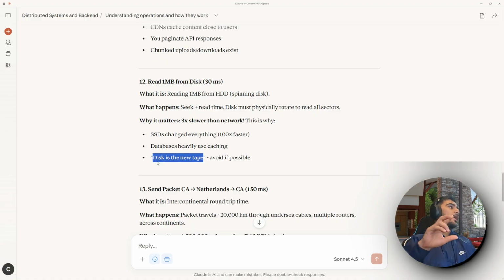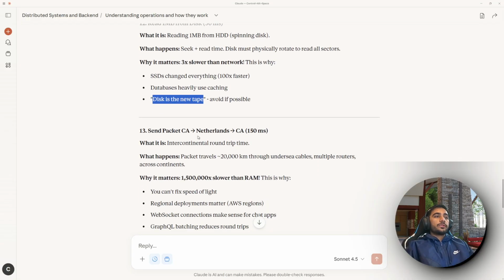You used to write on the tape, and then you would have devices that would read from them, and it was a cumbersome process. So writing any data to the disk is the new tape, and it takes more time than it takes to read from the network. So, might as well have your resources on the network and do the fetching from there. So that is the idea behind this.